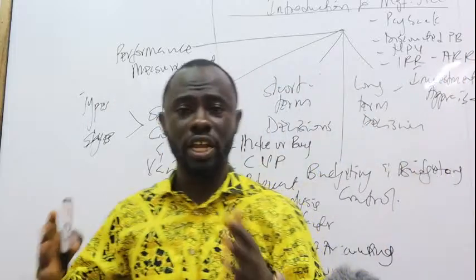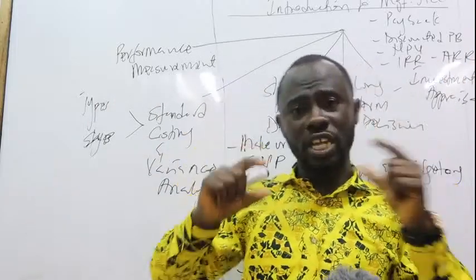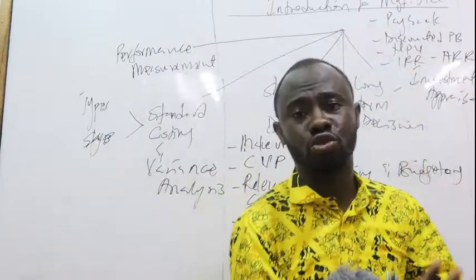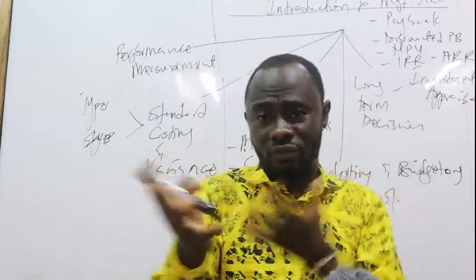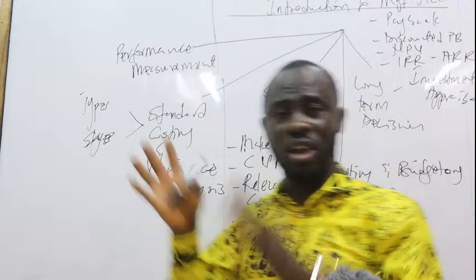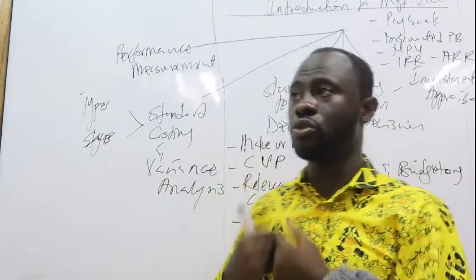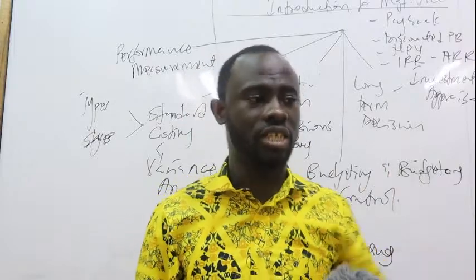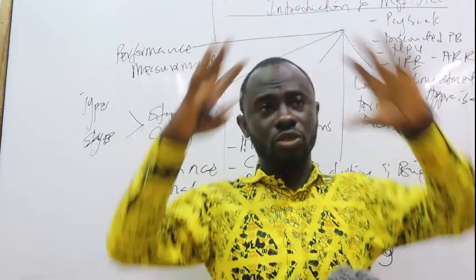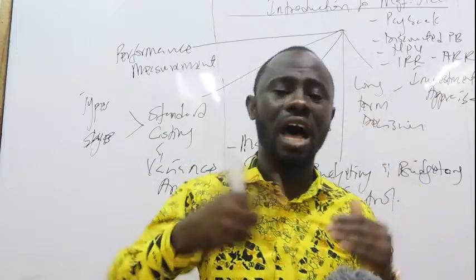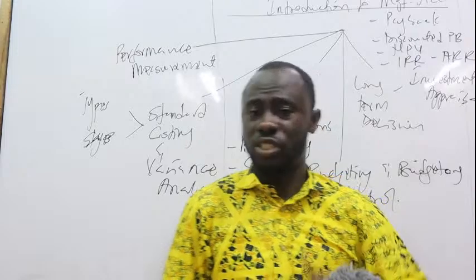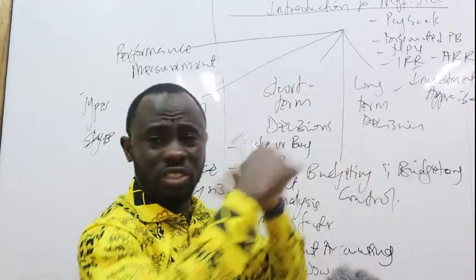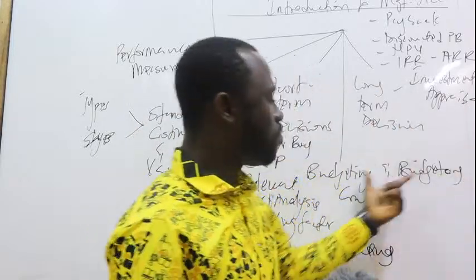So cost control is ensuring that we are actually spending within the budgets given to us. So that is where we're going to be comparing the actual against the budgeted to find the variances. So when we are doing standard costing and variance analysis, what we're trying to do is cost control in that case. Then there is also cost reduction. This is where we try to reduce costs to an acceptably low level without compromising the quality of raw materials, quality of labor, and other factors in there. So once we're able to set the standards, we can now prepare the budget of the organization.